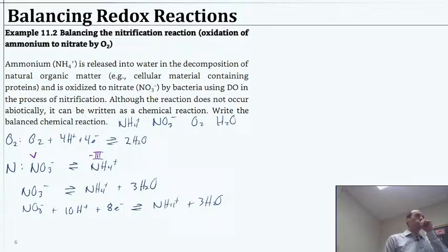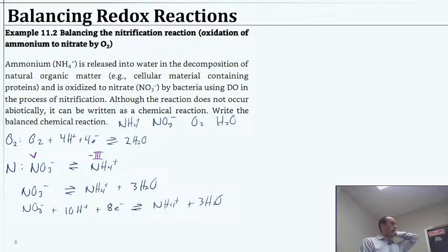Right? Because -3 + 4 is going to be +1. Okay, so considering that, when we balance this, we put the nitrate on the left. Nitrate in balance with ammonia, adding 3 waters to account for the 3 oxygens over here. Once we do that, we have to balance the